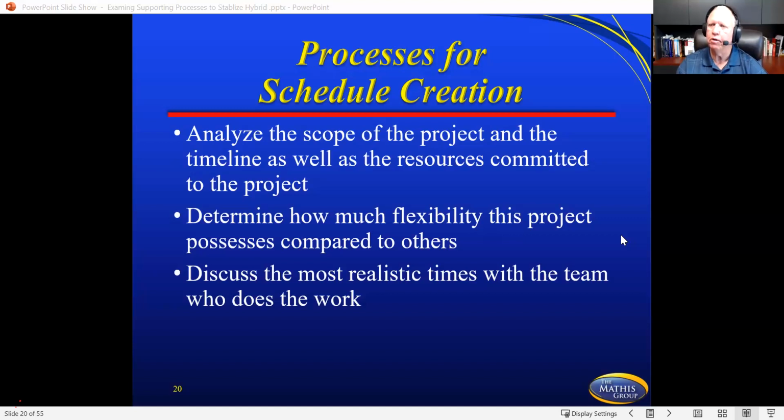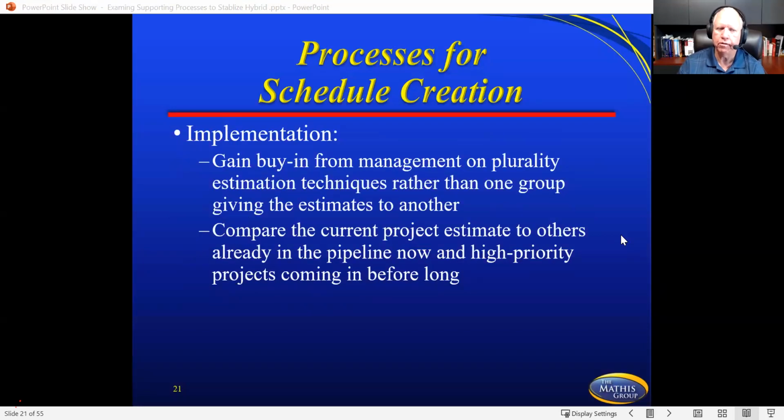So if we're doing a hybrid, what is realistic for us? What's going to be realistic for this? In that schedule creation, you're looking at implementation, gaining buy-in from management on plurality estimation. What is that? Plurality estimation means that I can look at it and give you an estimate, our team can look at it and give you an estimate, and other people can look at these different pieces of it and